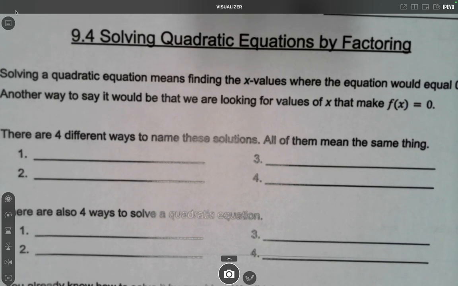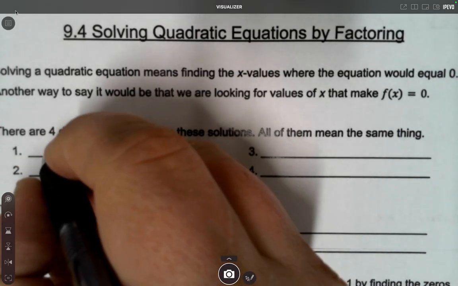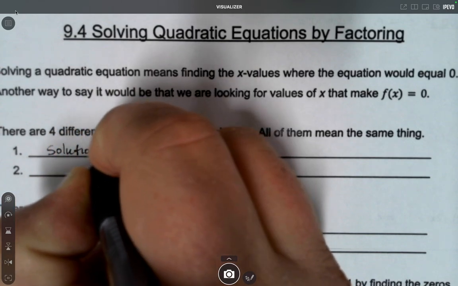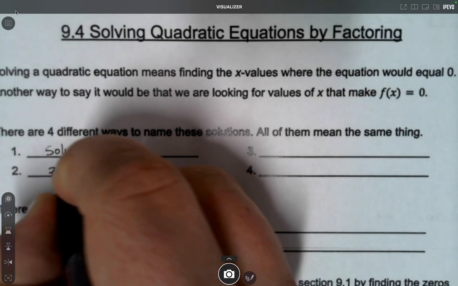I don't know why they created so many different words that mean the same thing, but for this, I'm not going to ask you to list these for me, but I need to make sure you know them so that if a question says find this and uses any of these words, you'll know what to do. So solutions is one of them. So find the solutions, find the zeros,